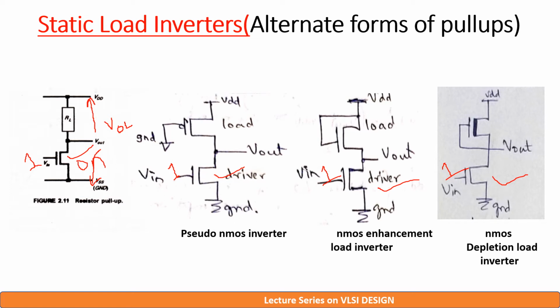Similarly, in pseudo NMOS inverter, pull down is on because input is logic 1. Pull up is also on because the input to PMOS gate is logic 0. Therefore output node is pulled towards VDD as well as towards ground. The input is logic 1 for a NOT gate, required output is 0, but since pull up and pull down both are on, the obtained output voltage is VOL instead of perfect 0.